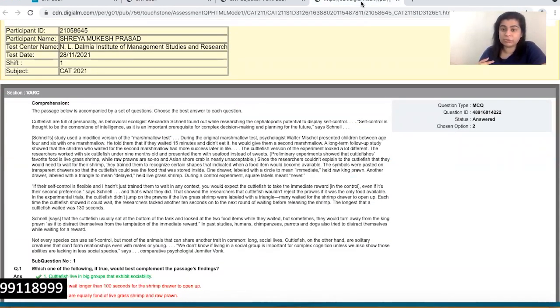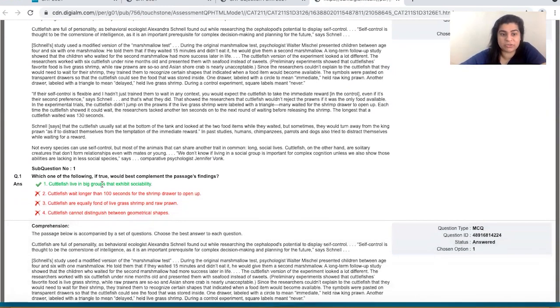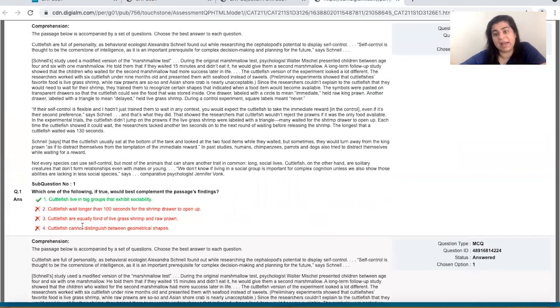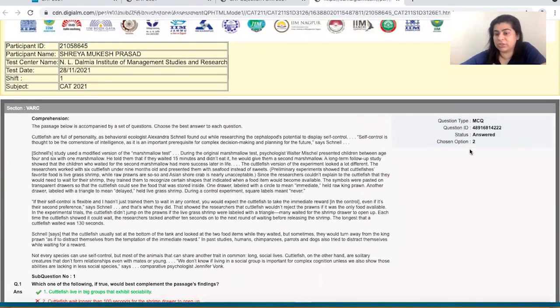You need to go and check out your scores manually. For every question, this is the right answer, these are the wrong answers, and you have to check here, the chosen option is your answer. This is where you will get your answers and score. You can calculate your score manually. You know the marking scheme for the CAT exam very well. If not, you can check out the CAT King score calculator as well.